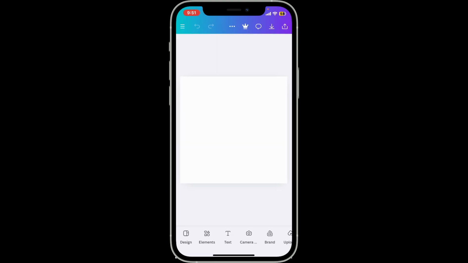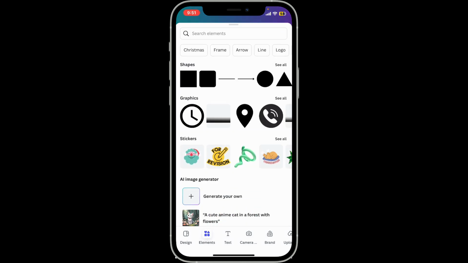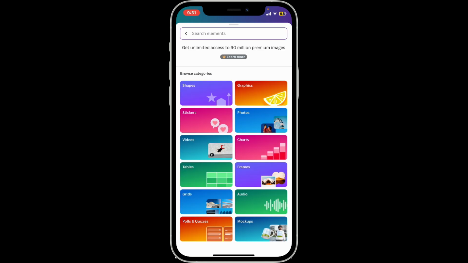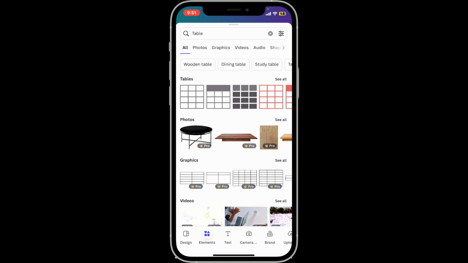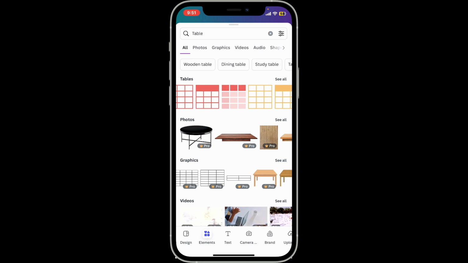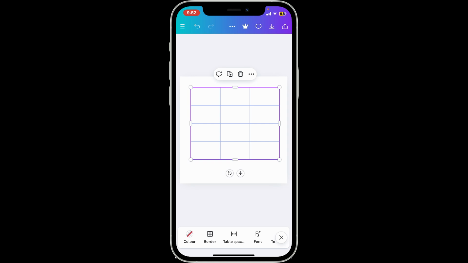Once you open up this designing page, look at the bottom of the screen and tap on the Elements option. Now, inside the Elements search box, type in table, and then once you make a search for it, you will then be able to see different table designs you can choose from. Select the type of table you'd like to add onto your project, and there you have successfully added a table